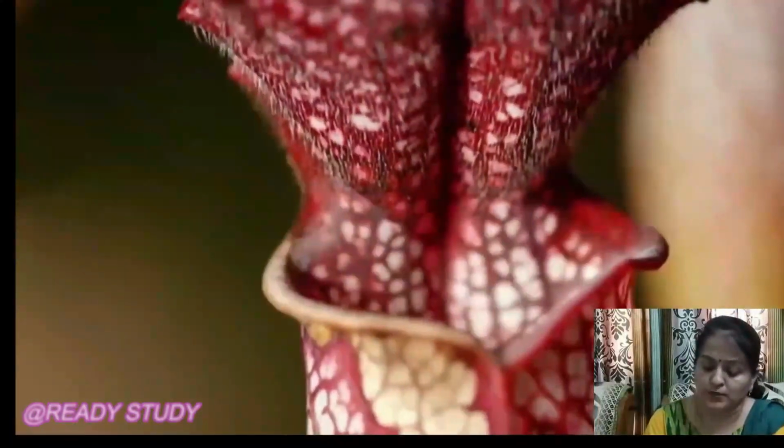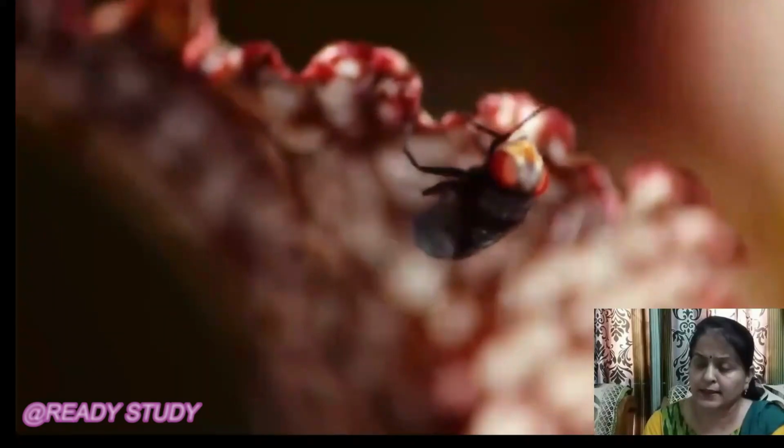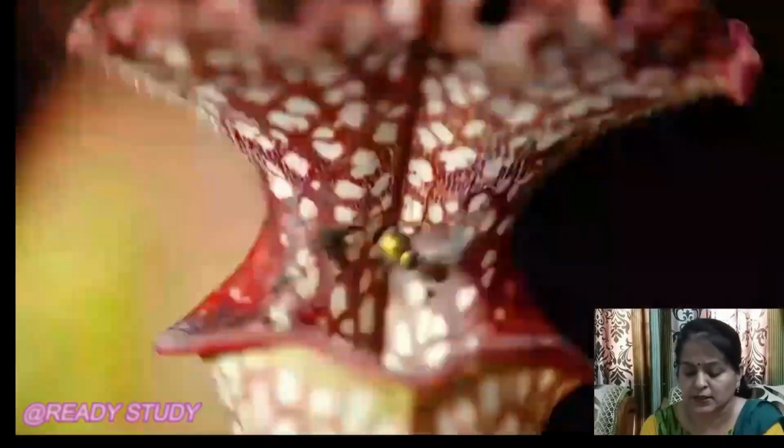In the pitcher plant, the pitcher-like structure is a modified part of the leaf. The apex of the leaf forms a lid which can open and close the mouth of the pitcher. Inside the pitcher, there are hairs which are in the downward direction. When an insect sits on the pitcher, its lid closes and the insect is trapped in the hair and digested by the digestive juices secreted in the pitcher. Such insect-eating plants are called insectivorous plants.